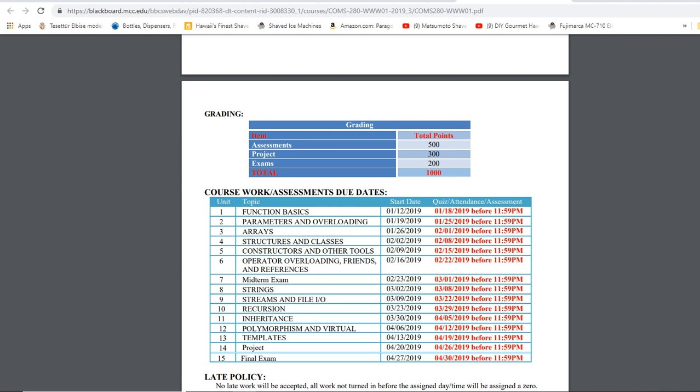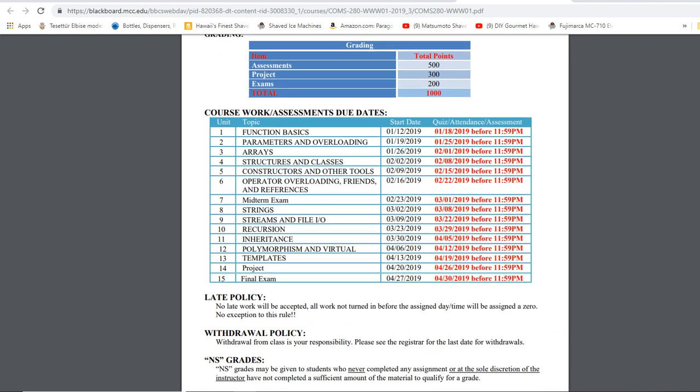So here you can see that you have multiple chapters we'll be going through. Then you'll have your group project that you'll work on, which I'll assign sometime in the next few weeks. After we move on, probably when we hit the chapter on it and cover that in detail, then from there we'll be able to start working on your project, and I'll give you more updates at that time, so nothing to worry about at this point. You have a start date, and then everything is due before the following Saturday, so it's due on Friday of that same week, 11:59 p.m.